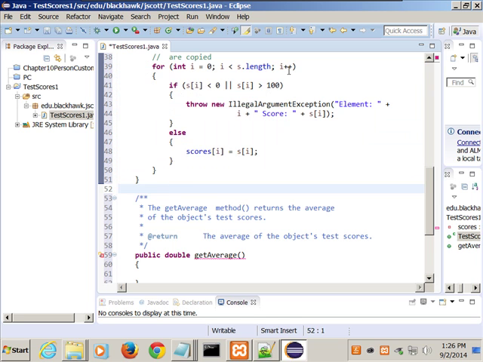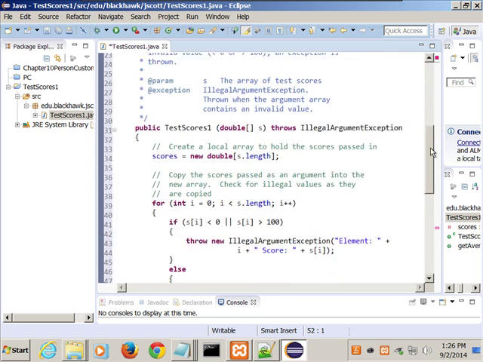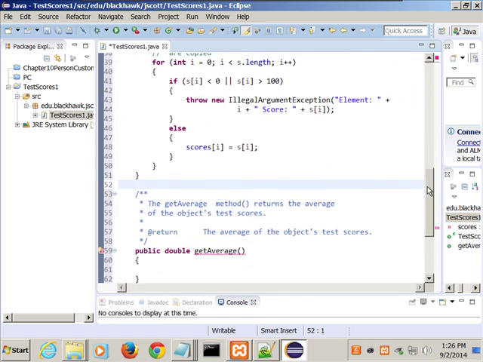See anything that's underlined or whatever here. There's no squiggly, so I don't think I made any mistakes typing. Hope I didn't at least.